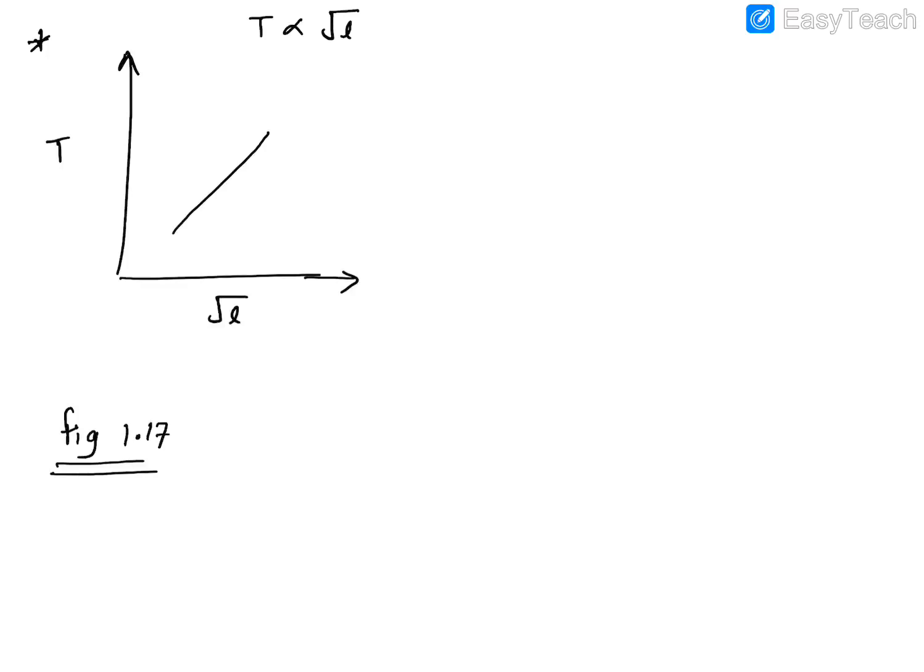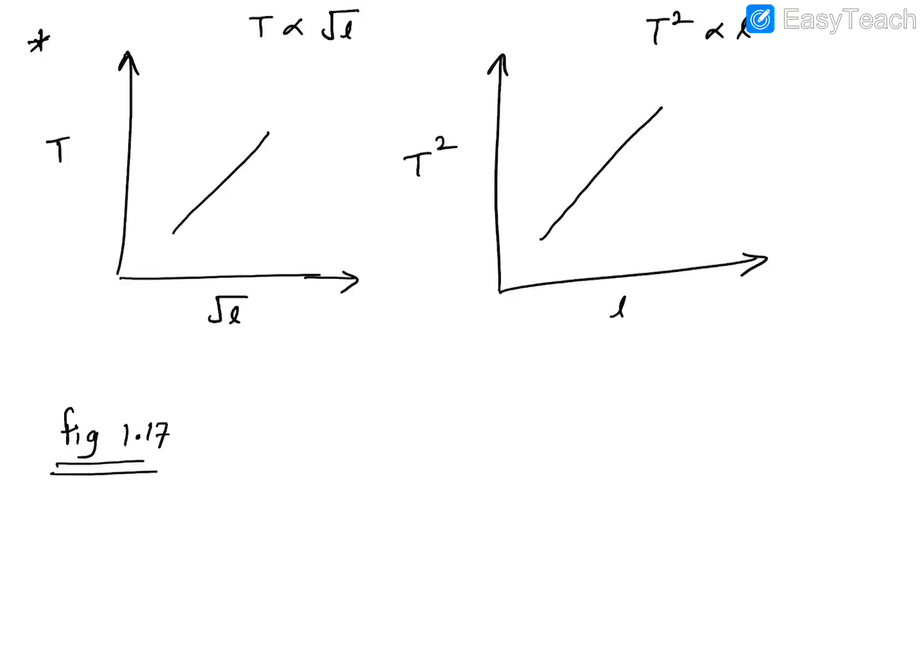The same graph, they may also ask you to draw a similar graph for T squared versus L. If you remember, T squared versus L was also directly proportional. So again your graph is going to be a straight line, like this. There is no change in the relation, right? They are still directly proportional. So this is how your graph is going to be. Very, very important graph. Do not forget to label the axes, and it's usually asked in the exam for 2 marks.